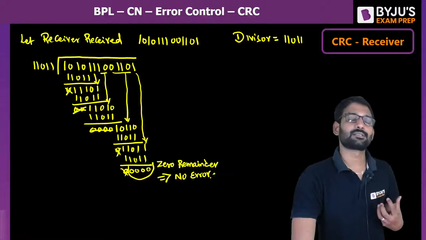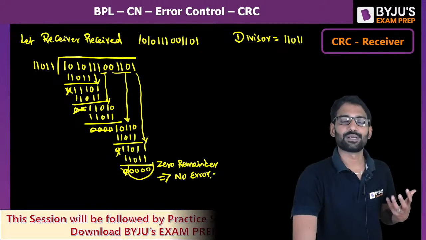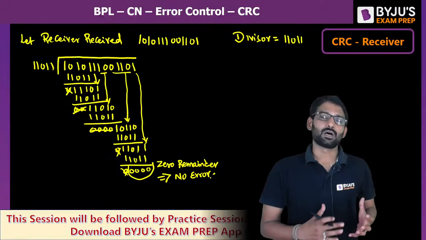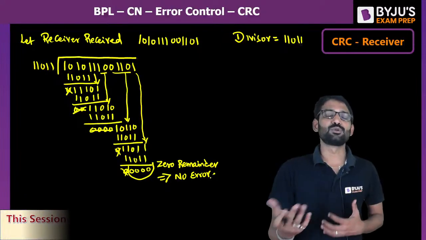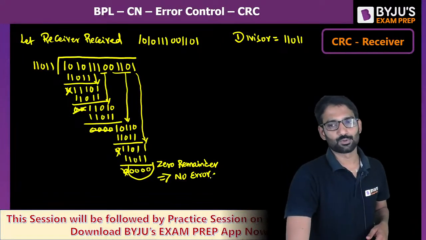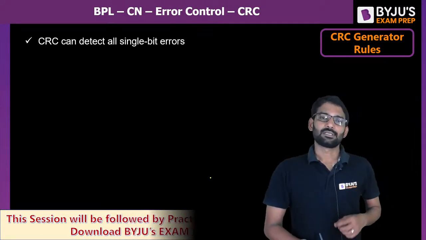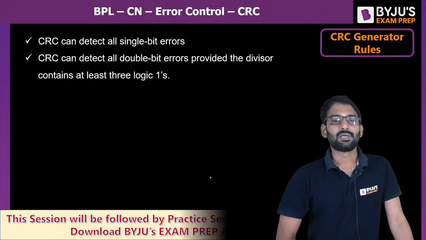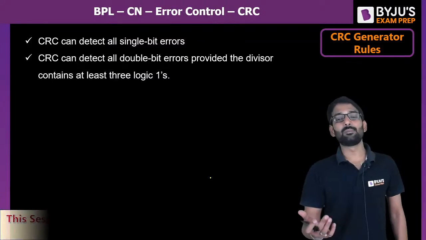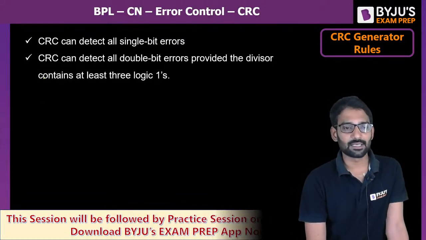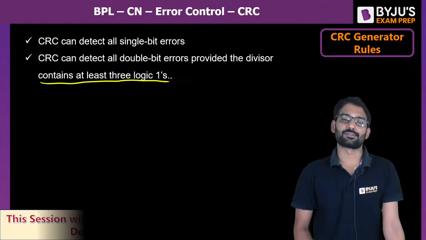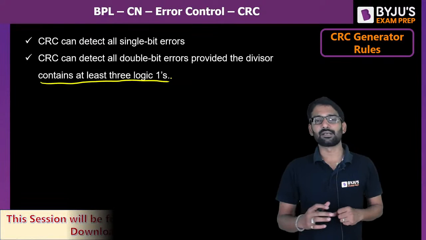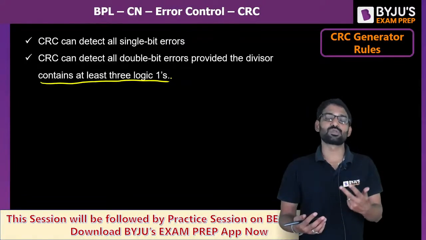And for this divisor, the divisor polynomial, there are certain rules. If we need to detect all kind of errors, there are certain rules to be followed. So let's see what are those rules. First, CRC can detect all single bit errors, okay, and it can detect all double bit errors provided the divisor contains at least 3 ones. In the divisor, if there are minimum 3 ones, then CRC can detect all double bit error, means 2 bits